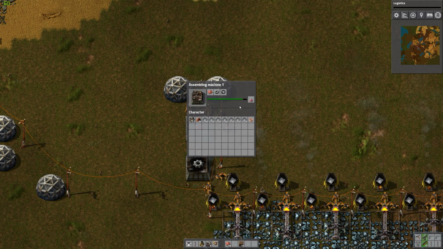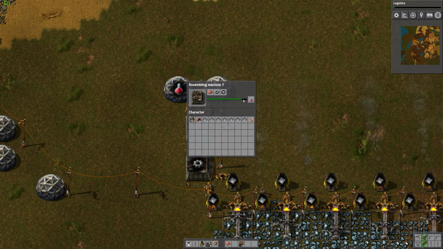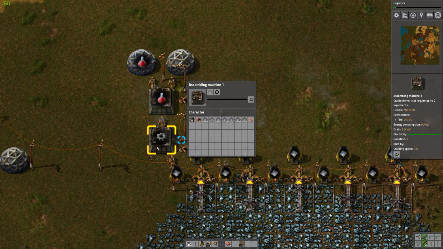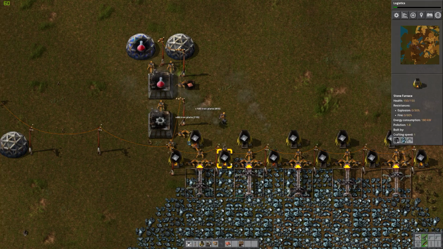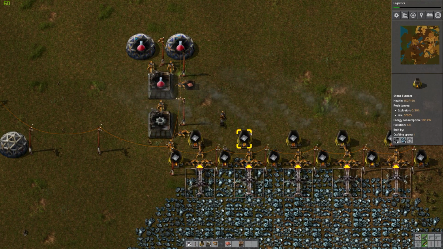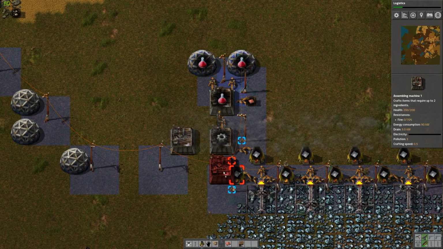Let's see. This is quite slow. Looking at it, it doesn't seem like one of these can keep up with two of these, but a little bit more than one it can. Let's see what we can do more. Oh, and this isn't a problem. Oh, we have way too much resources over here. The iron gear wheels, those can keep up without any problems. So let's put down another assembly machine over here